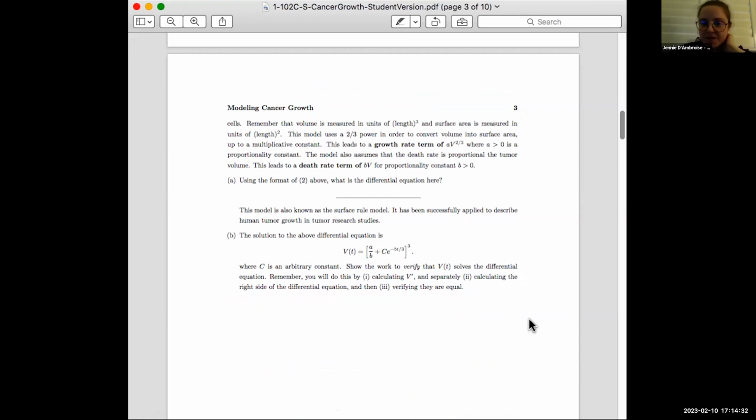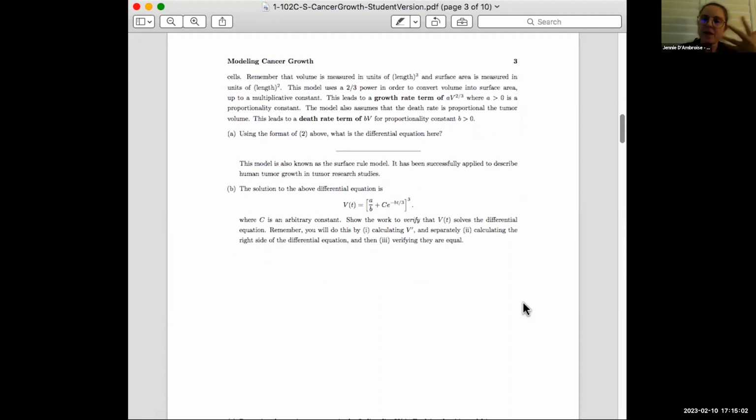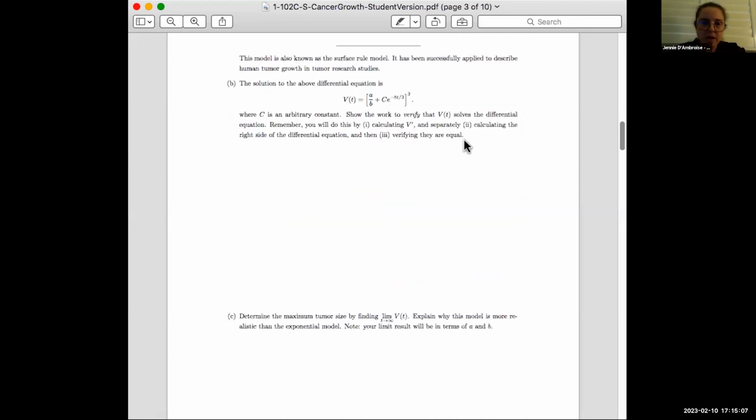But again, because this is for Calculus 1 class, I feel like if I try to do separation of variables, we're going to have to spend at least a good 45 minutes doing separation of variables. So I took a different approach here, which is using a guess and check approach for the differential equation. I'm just providing them with the solution to the differential equation, but still asking them to verify that the left-hand side is equal to the right-hand side, so that they get the idea that the function has to satisfy the properties of the differential equation. So I walk them through that